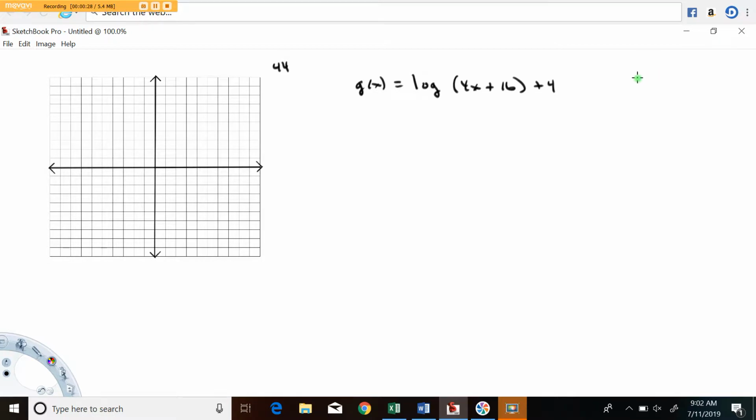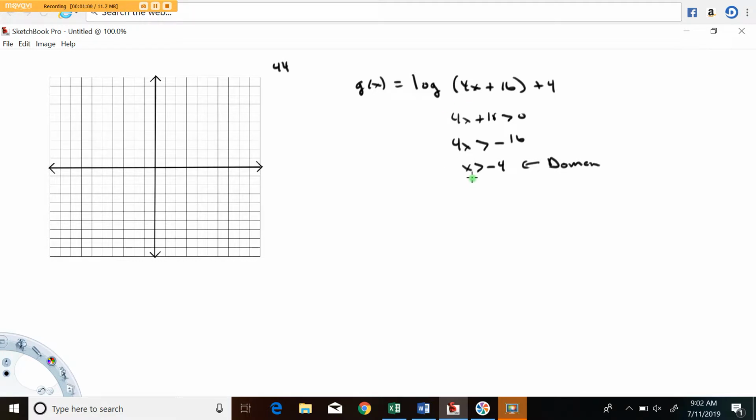Remember that for the logarithmic function, if you're going to take the log of something, this something has to be positive. So the 4x plus 16 has to be strictly greater than 0, no equality. So 4x has to be greater than minus 16, so x has to be greater than minus 4. This is the domain of this function. We're not going to have anything on the graph over here because this function is only defined to the right